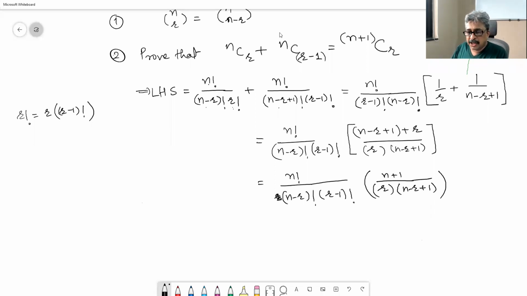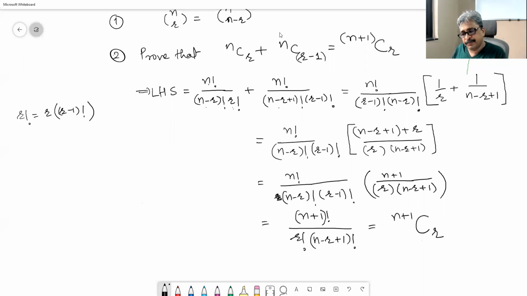Okay, now this N plus 1 into N factorial is N plus 1 factorial, correct? R into R minus 1 factorial is R factorial, and N minus R plus 1 into N minus R factorial is N minus R plus 1 factorial, which we can say is N plus 1 choose R,